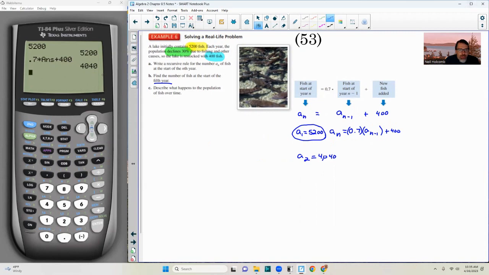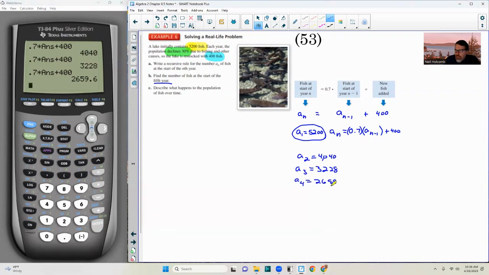Now I don't have to do times. I just hit enter again, and it will do the rule over again. And now that's a sub 3. So a sub 3 equals 3,228. Once the calculator knows the rule, it repeats it. If I hit enter now, it is taking that term from the year before, multiplying it by 0.7 and adding 400. So a sub 4 is now